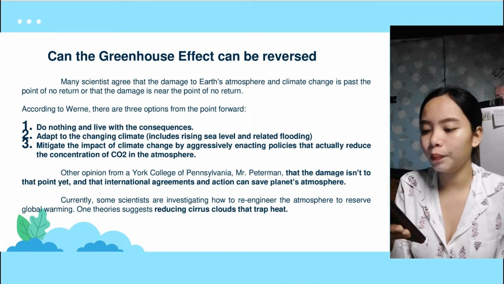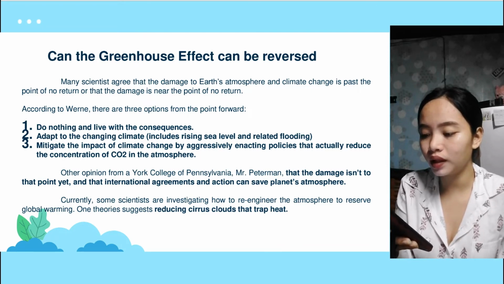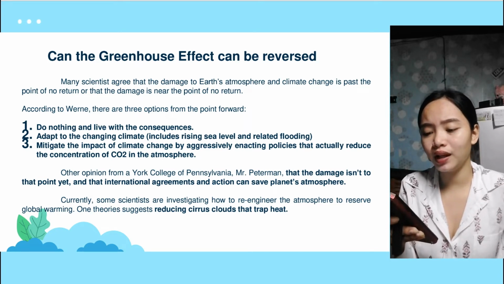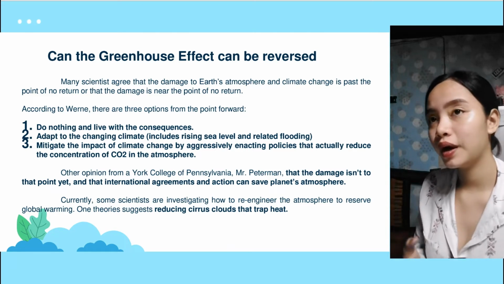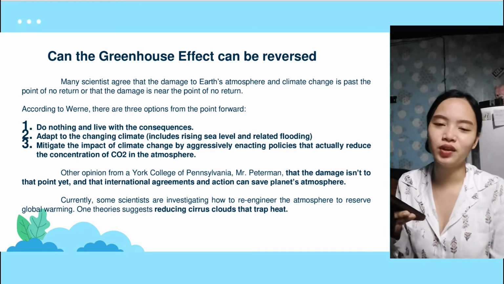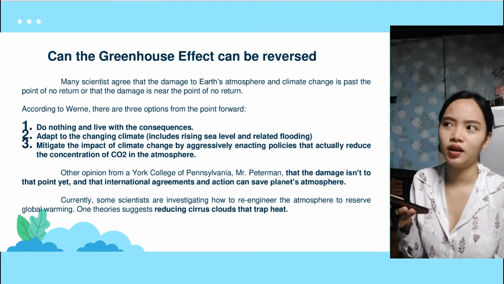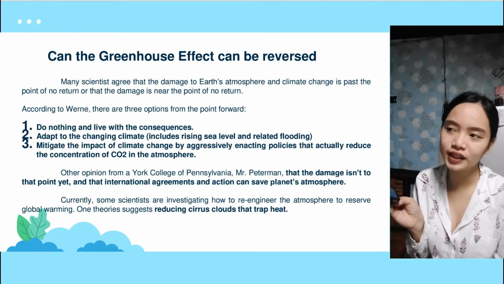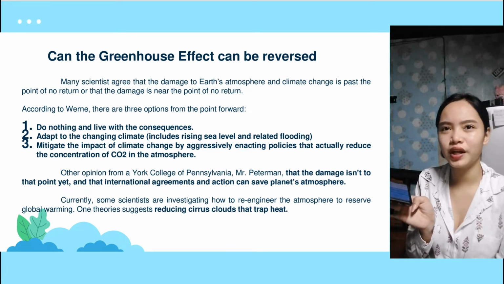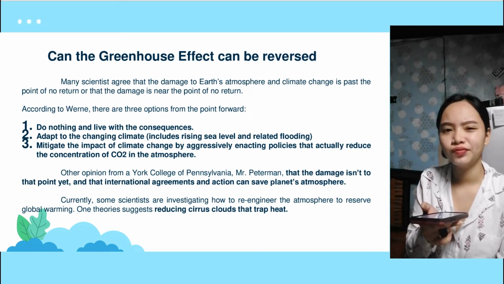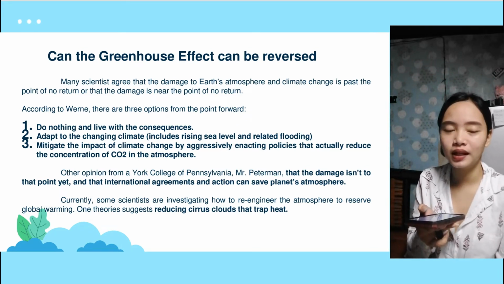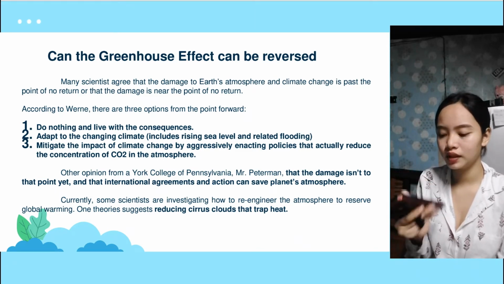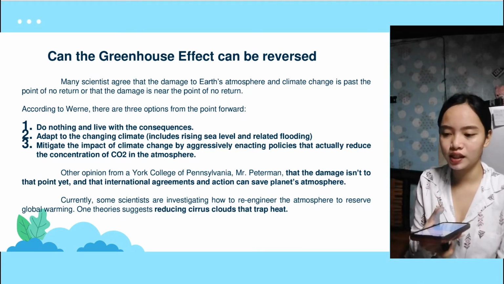3 is to mitigate the impact of climate change by aggressively enacting policies that actually reduce the concentration of carbon dioxide in the atmosphere. So, ilas na to daw ang paggamit sa carbon dioxide. Like for example, carbon dioxide is like kanang mga fossil, like mag-burn ka o use ka og styrofoam, maggamit ka gas para magsugnod, o naigiingon nga sabok nga ang ikaduha nga largest